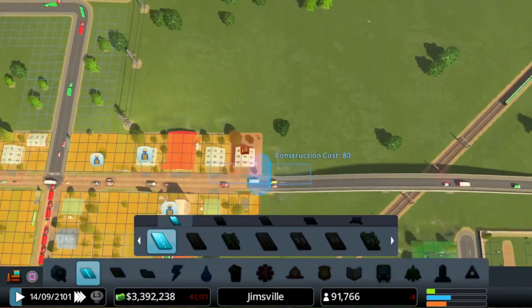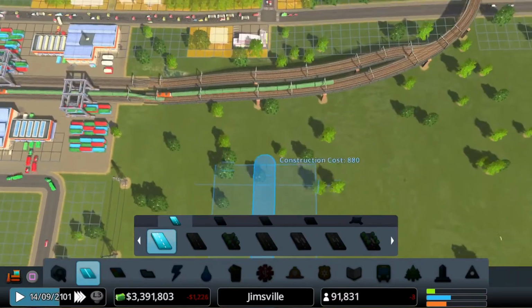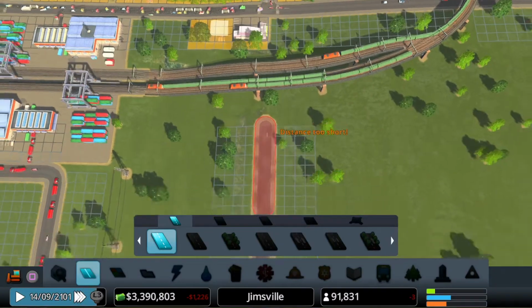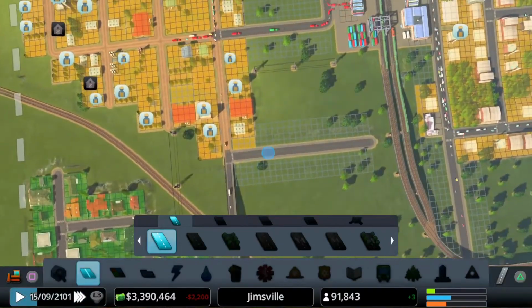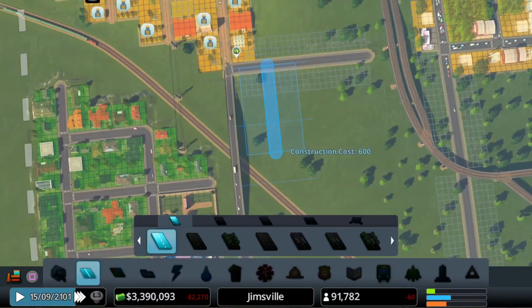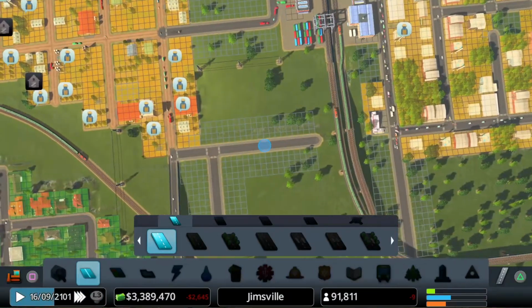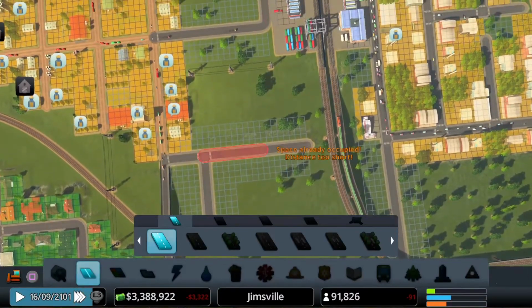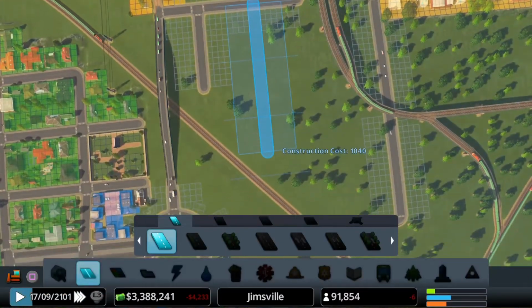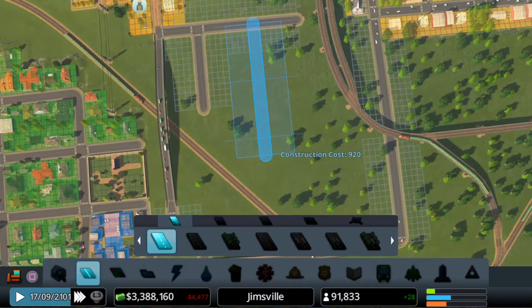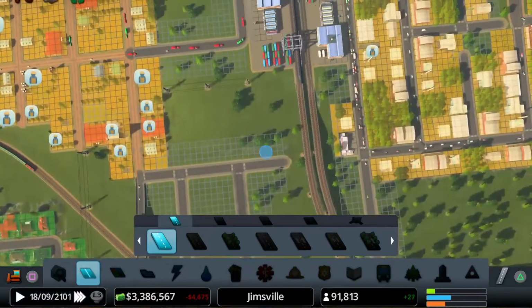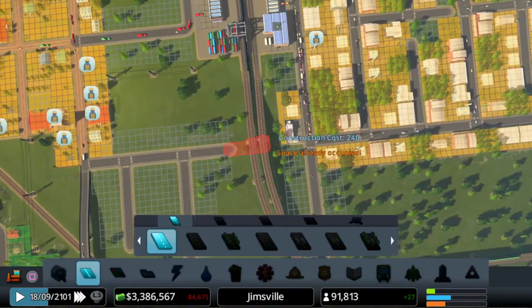So, let's drag a road up there, like so. Again, don't want to get too close to the railway line. Wary of the noise issues.